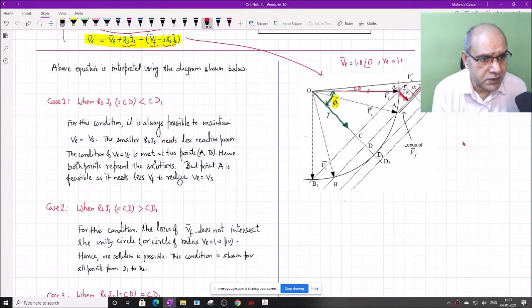Therefore, we have to compensate. So we will add BF along the locus of J axis IS. This line is the locus because this line represents J axis IS. Why? Because this is perpendicular to I. You can see this angle is perpendicular. This is the line of I and this is the line of J axis. So BF moves along the J axis IS line. You can see this is the locus of BF.